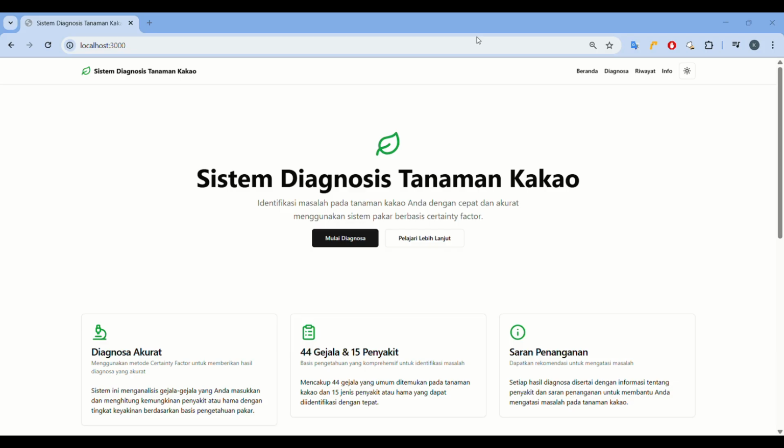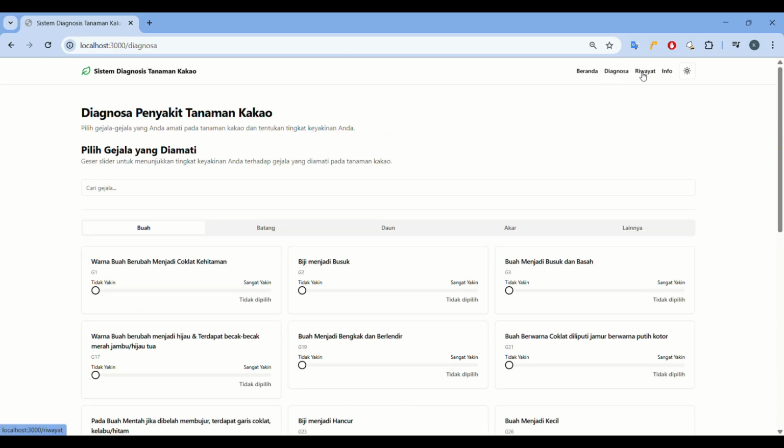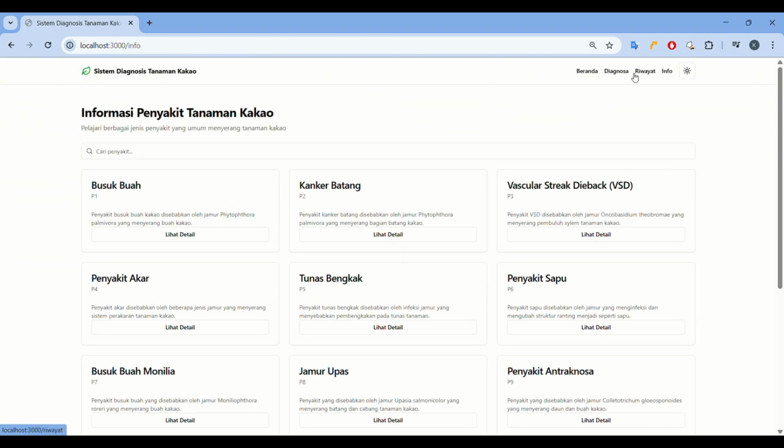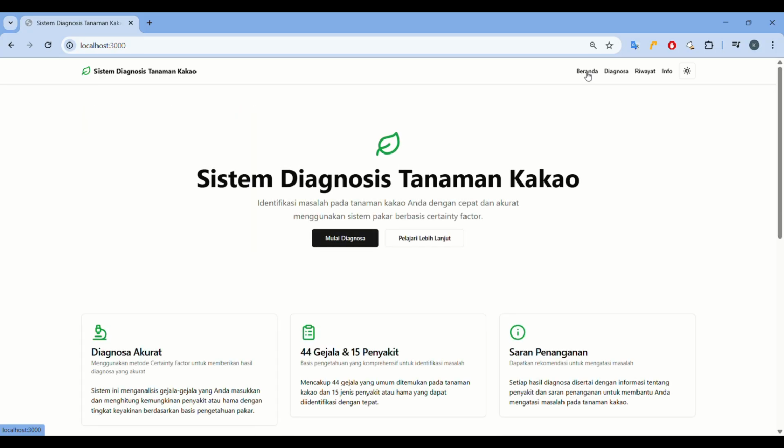The system, named Sistem Diagnosis Tanaman Kakao, or Cocoa Plant Diagnosis System, successfully applied the certainty factor method to diagnose cocoa disease and pests. The homepage serves as the main entry point, providing a clear and user-friendly interface with navigation menus that allow users to access the diagnosis, history, and information page. It also gives a brief overview of the system purpose, ensuring that even first-time users can understand how to begin